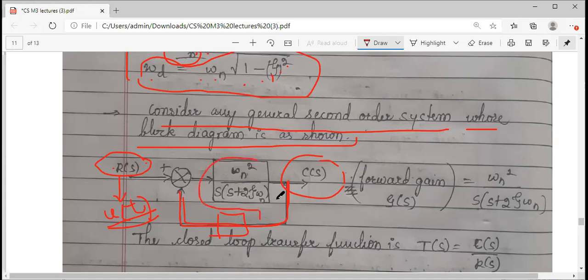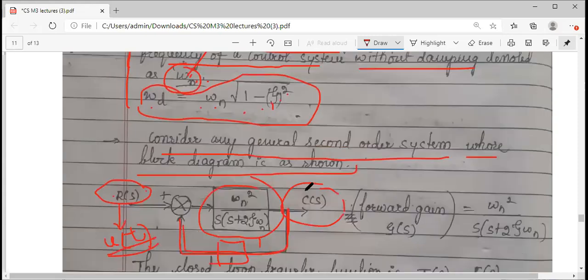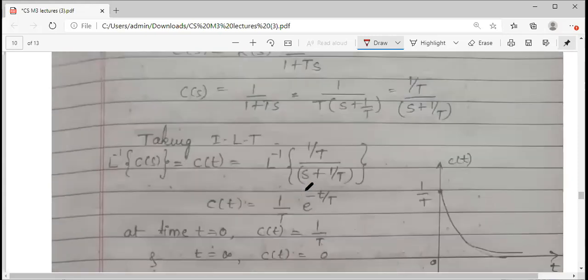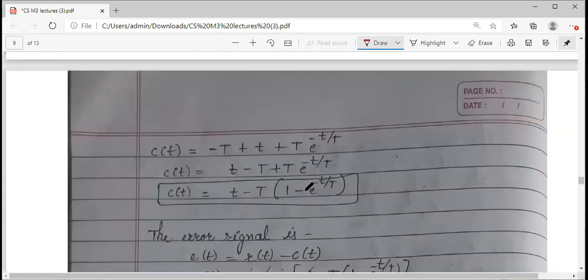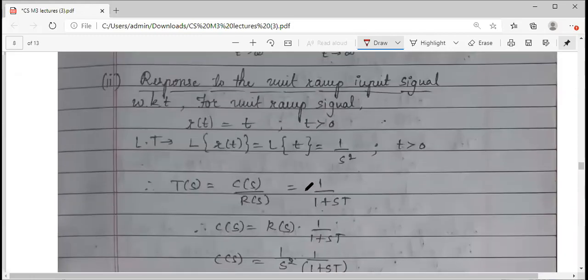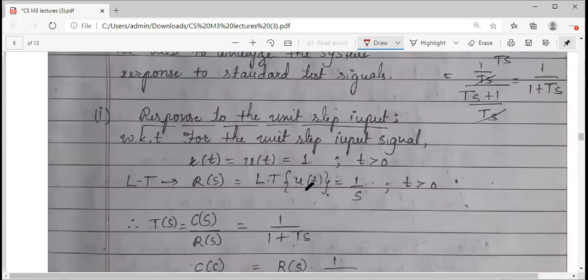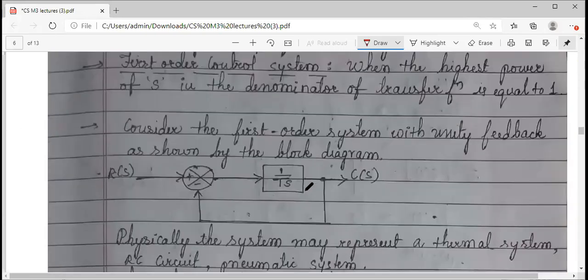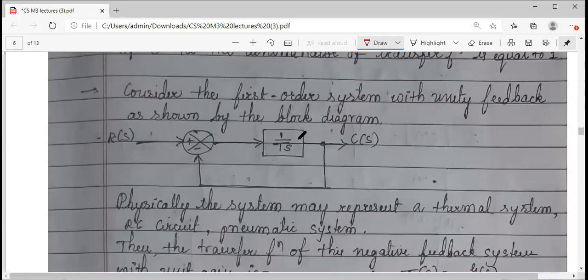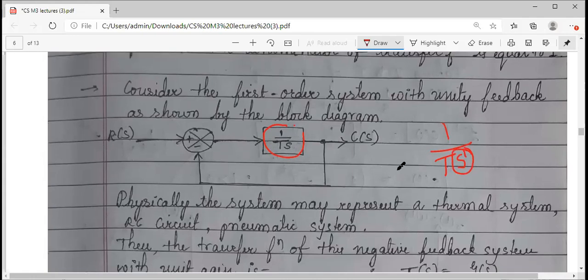And you can see the transfer function, there is a difference. Let's quickly go back to the earlier analysis. I'll show you what transfer function we considered. This was the first order system which we analyzed in the previous session. This was the gain, that is 1 by T into S. You can see S power 1, so it is a first order system.